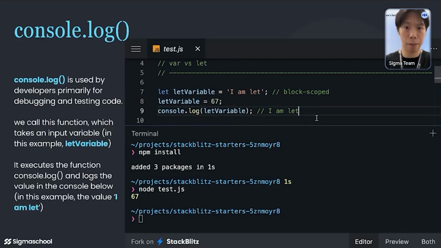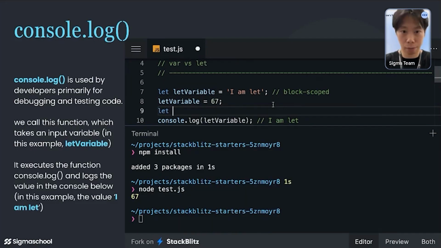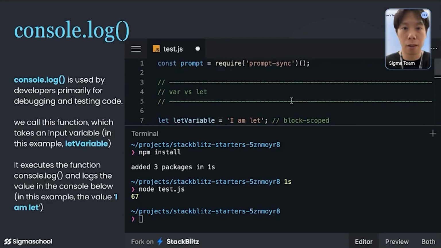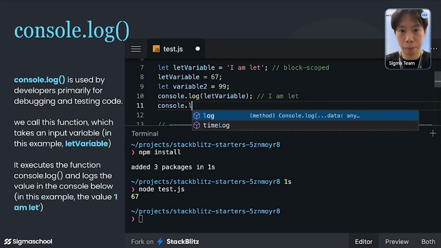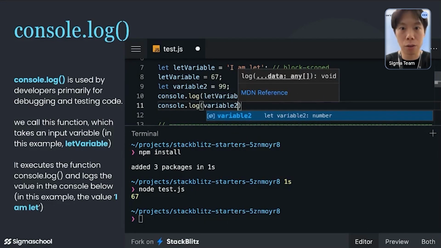So let's say I define variable 2, and I put 99, right? And over here, I add console.log variable 2.